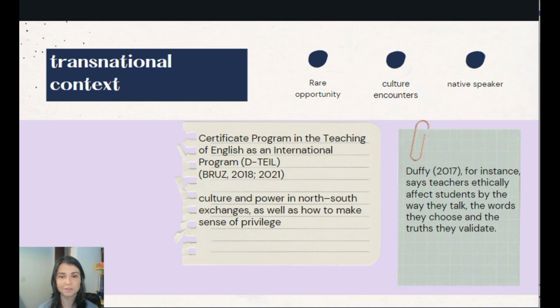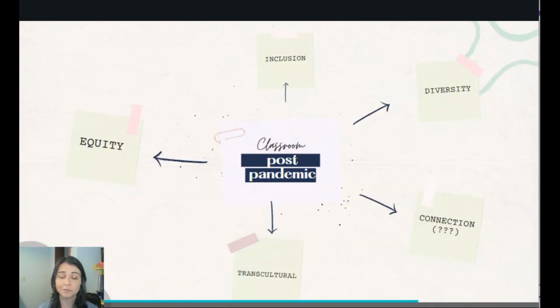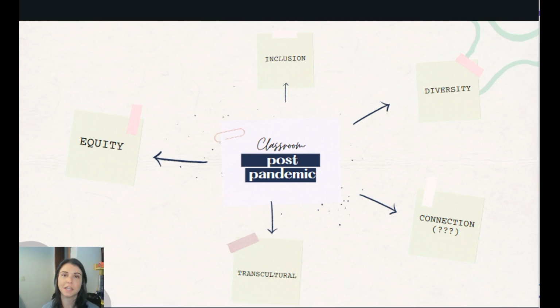When this program happened, it was an in-person program. So the students traveled from Canada to Cuba in person to teach. After the pandemic, and now we are here to talk a little bit about the post-pandemic classroom. So the meetings among students from different countries can occur online. They could happen online, but